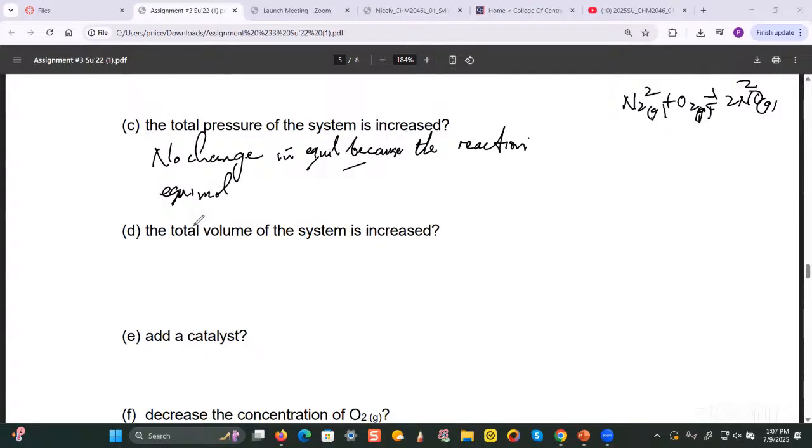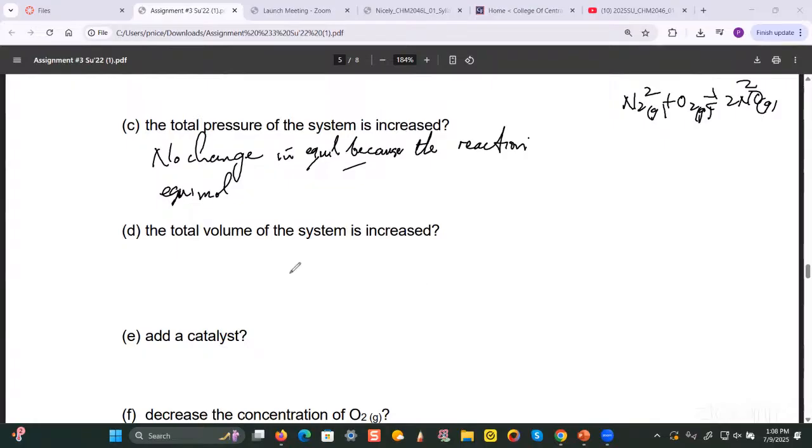What I'm asking for is what would happen to the equilibrium position when the total pressure is decreased as a result of increasing the total volume? Which direction will the equilibrium shift? Will it shift to the left? Exactly, nothing will happen because